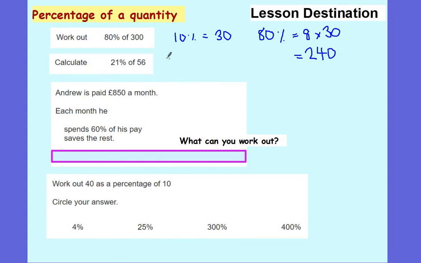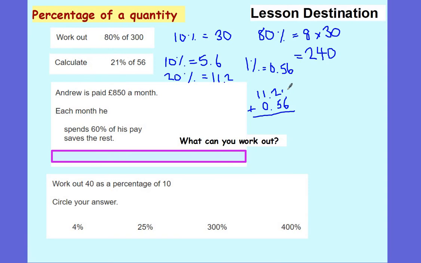21% of 56, well, let's see, 10% would give me 5.6. So 20%, building it up, would give me what, Alicia? 11.2, lovely. 1% is going to be 0.56. So let's add that up. I've got 11.2 plus 0.56, which gives me